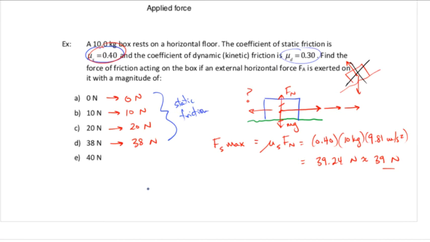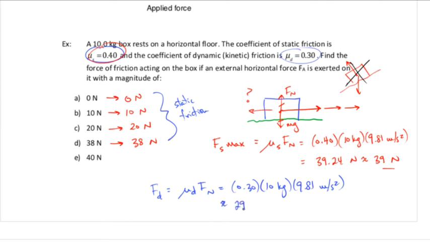I need to figure out what the force of dynamic friction is. And the force of dynamic friction, following the same procedure as above, is going to be equal to the coefficient of dynamic friction now, multiplied by the normal force, and that's going to be equal to 0.30, and by the same reasoning as above, times 10 kilograms times 9.81 meters per second squared. And when I work that out, I get, to two significant figures,